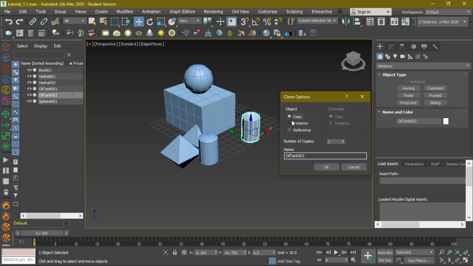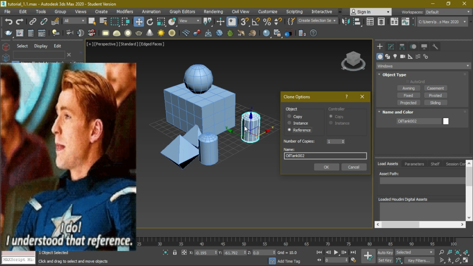On instance, let's say this is the instance of our object and we are cloning it, so this remains an instance of the object. So if we make changes over here, this will also change. And reference, this will act as a reference and this will act as the real object.